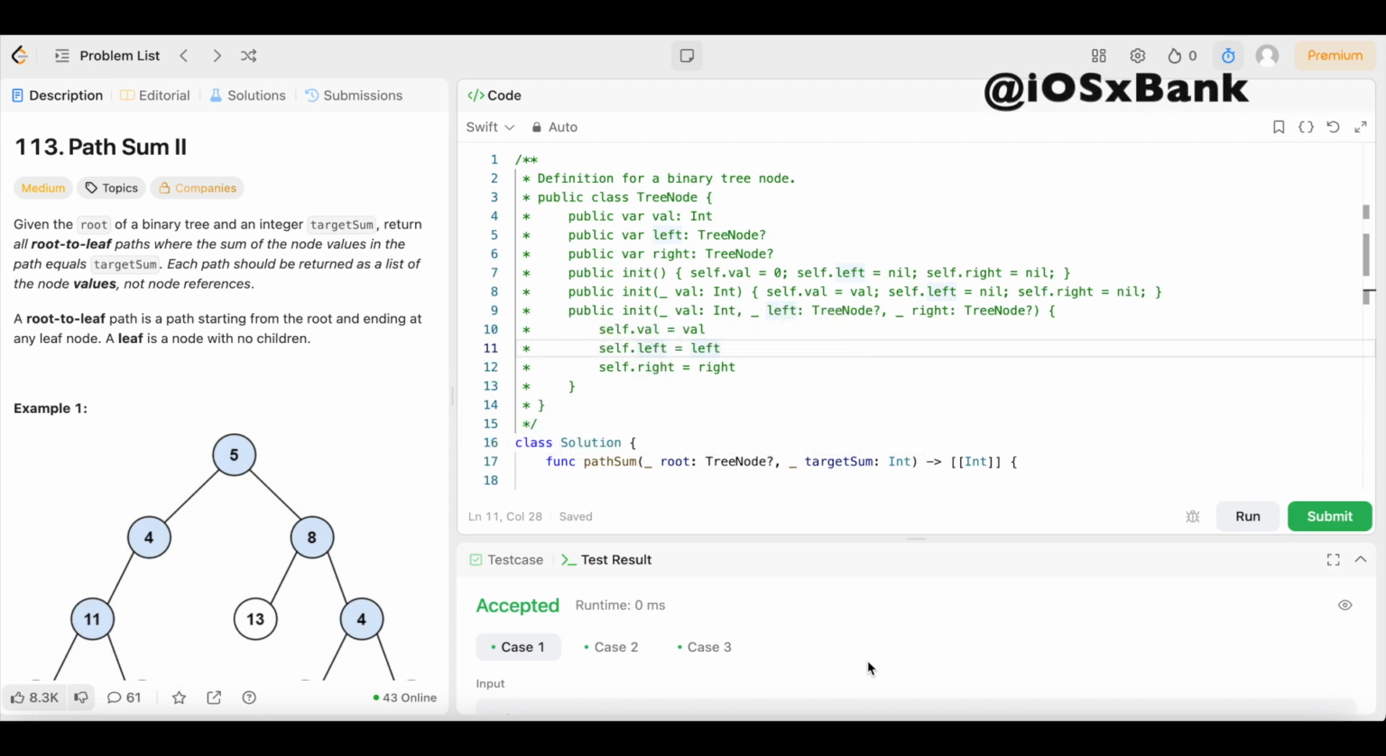All right, y'all, we're back again, another day, another LeetCode problem where we're doing daily LeetCode problems. And today we have question number 113, Path Sum 2. The difficulty level is medium, but don't worry because we're going to keep the solution as simple and easy to